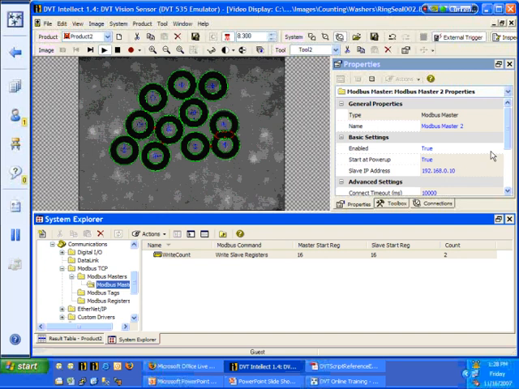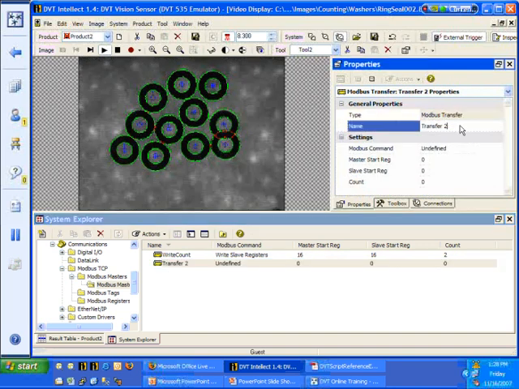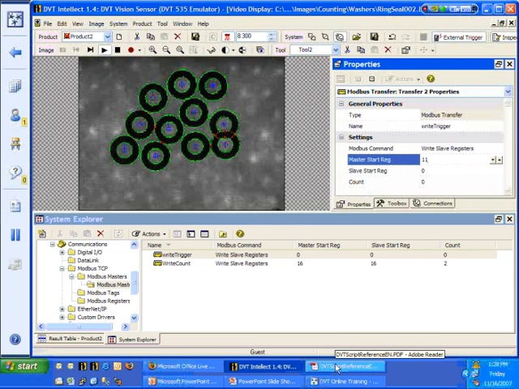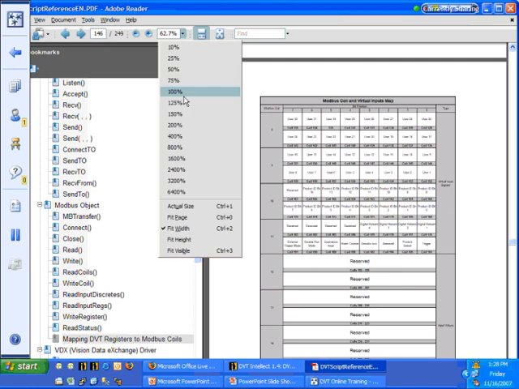So we go to our master. I didn't need to disable that and re-enable it before. I'm going to do a write, and this is going to be a write trigger. The command is going to be a write slave registers, and I'm going to write to register 11 in the other camera. And the reason I'm writing to register 11, if you go to the DVT script reference,